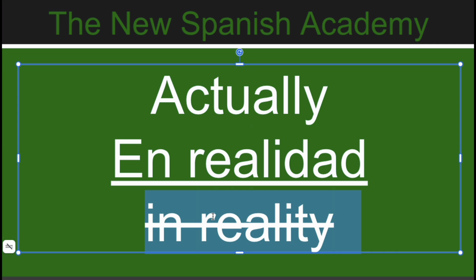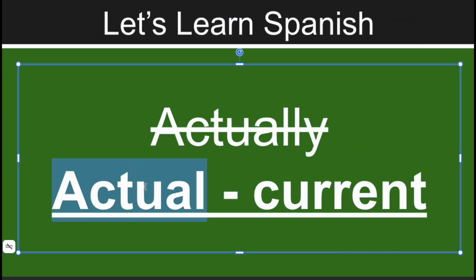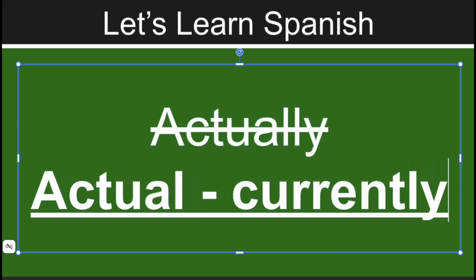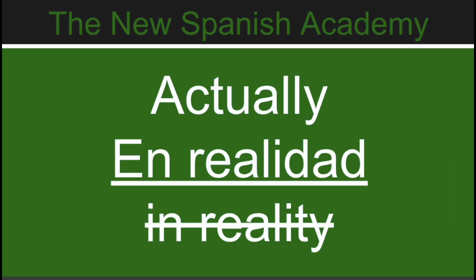All right. So there is the dichotomies, the differences, the why isn't it like this? All right. But if it was like this, then it will change the meaning. So why isn't it actual when I want to say actually? Because actual means current, not as the current of the water, but as currently at the moment, right? So en realidad,